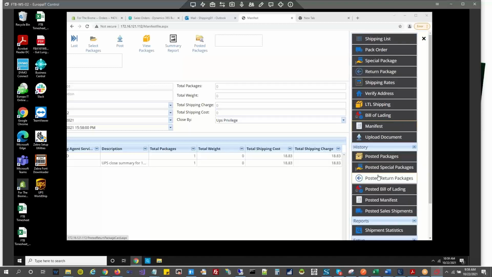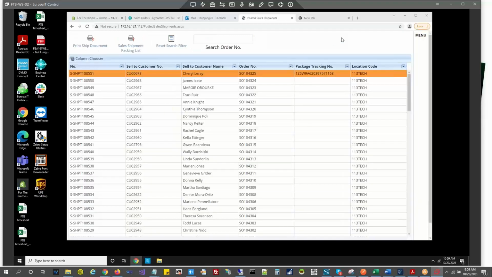These are all the history: posted packages, posted special packages, and posted sales shipments as well. After posting the order in the pack order screen, I think there should be a document printed out to the laser printer.